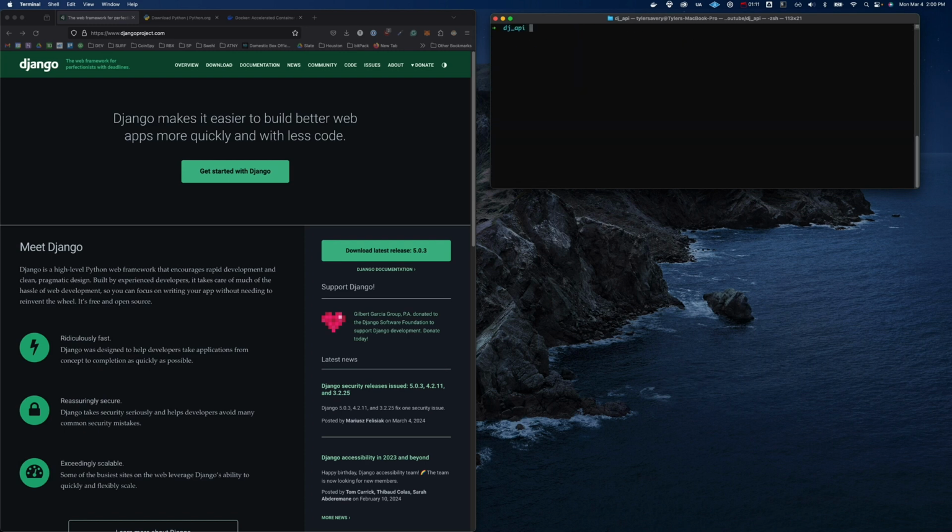So I just have my terminal open here. And the first thing we're going to want to do is install Django. And right now I'm installing it outside of a virtual environment. And the reason is because I just want to basically use a version of Django to really scaffold the initial project. So what we're going to do is run python -m